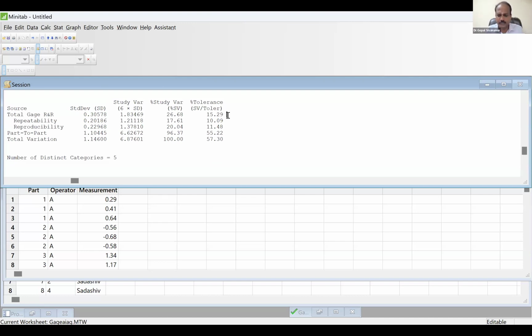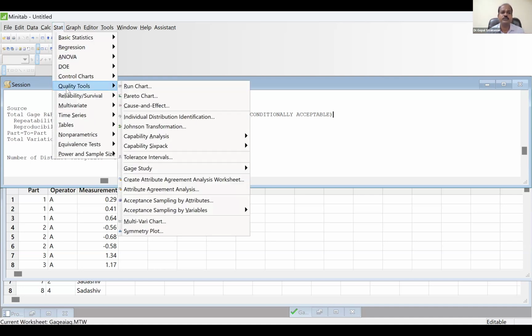That means your measurement system is conditionally acceptable. What is the meaning of conditionally acceptable? Look at the tolerance given by the customer. If the customer has given a very wider tolerance compared to your process, then 15% is also okay. If the customer has given you a very narrower tolerance, let me